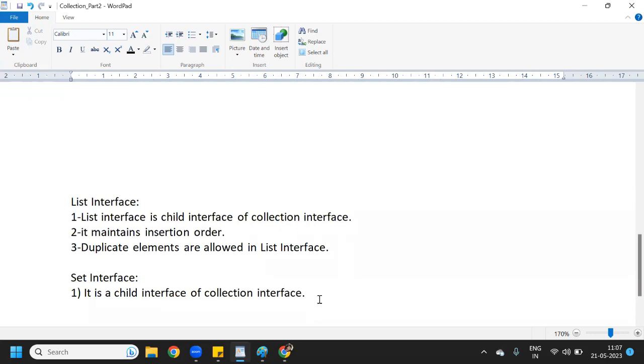This is the first point. Second point, what is the second point? It doesn't maintain insertion order. It doesn't maintain any order, right? So we can say the set interface